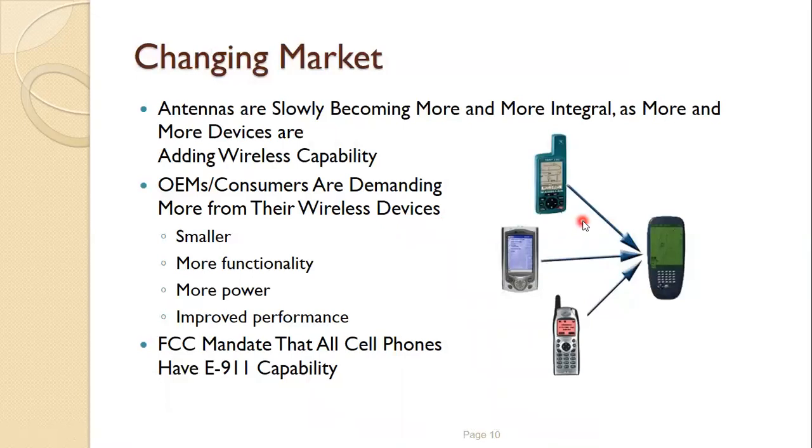So when the requirements are more, the antenna design is becoming complex. So the antenna field is a challenging field where you have many opportunities where you can explore. FCC, the Federal Communication Commission, has made it a mandate that all cell phones should have E911 capability, which means they should all get the customer information. So this is one important part.